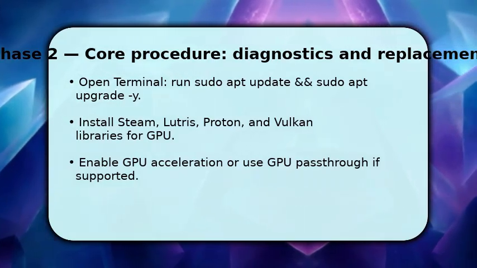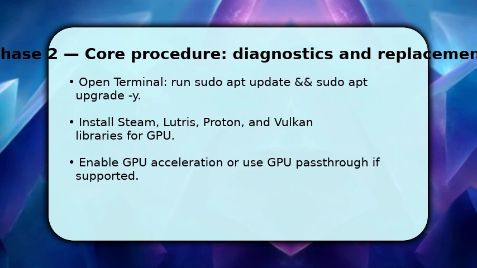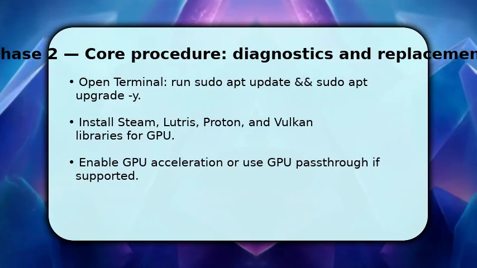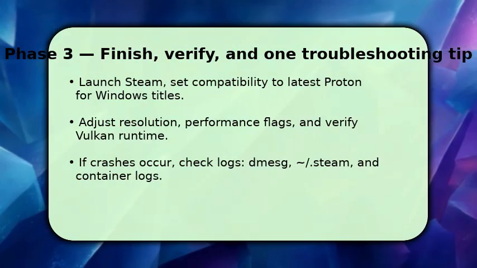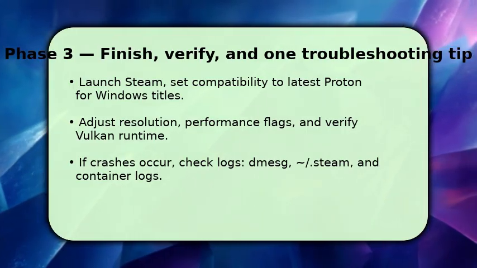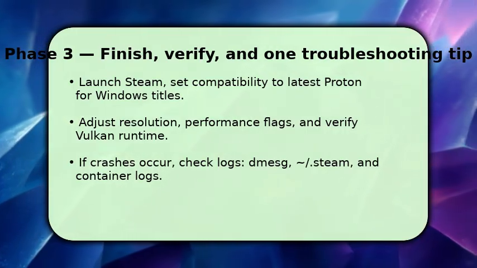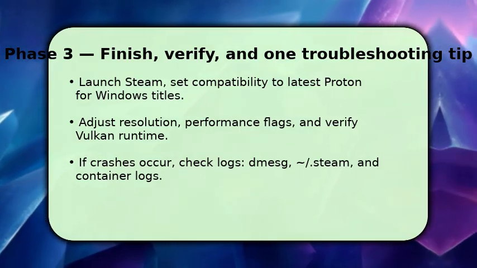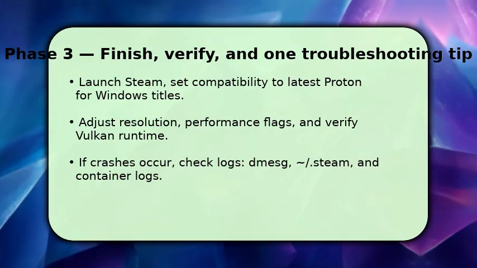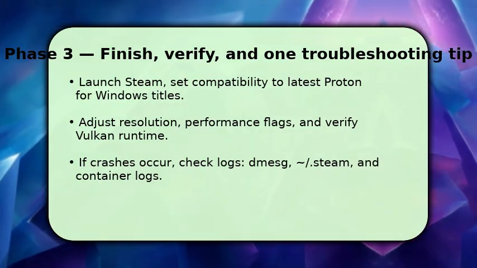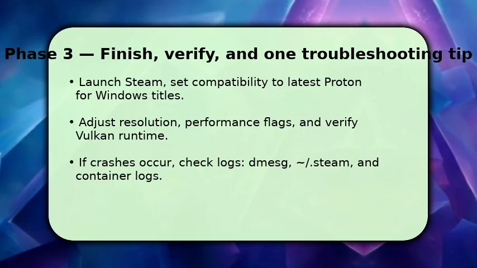Make sure to check driver versions to avoid runtime mismatches that break performance. You finish by installing or verifying game files, then launching a title to test performance. Expect to tweak settings. Lower resolution or enable performance modes to improve frame rate, and use Proton Experimental if a game fails. If a game crashes, inspect dmesg, container logs, and Steam logs in your home folder to find library